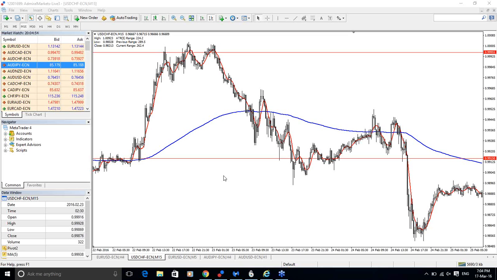Farhan Ahmed is asking about the time frame for the 5 SMA. Basically, you can apply it to every single time frame and see whichever time frame suits you the most. It doesn't matter the time frame. But obviously on a higher time frame you will have more movement, but the lag will also be higher, so try to test it on every single time frame.